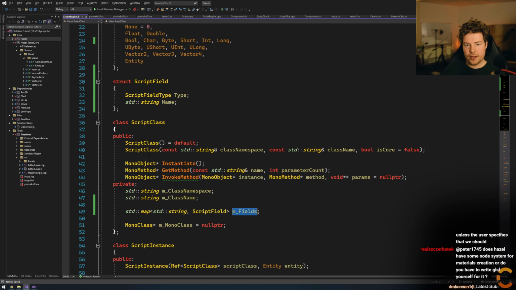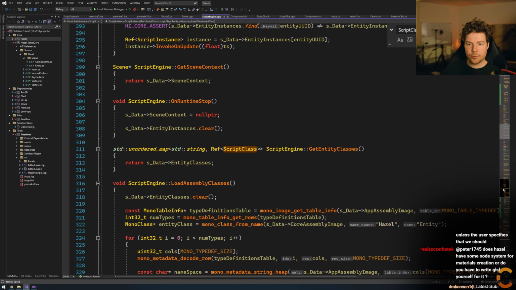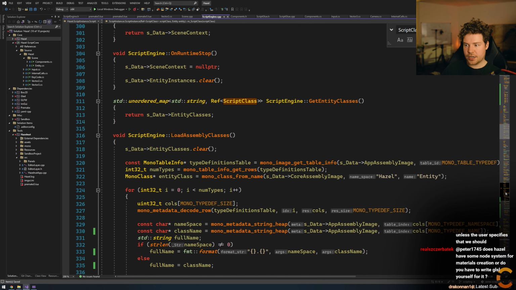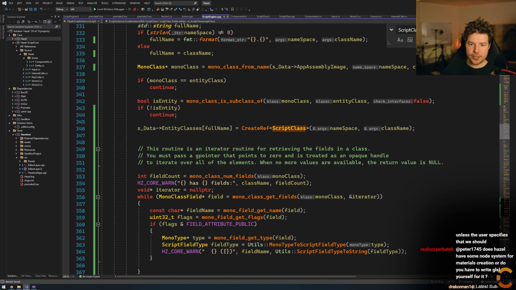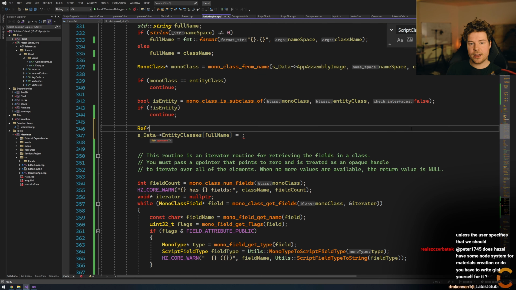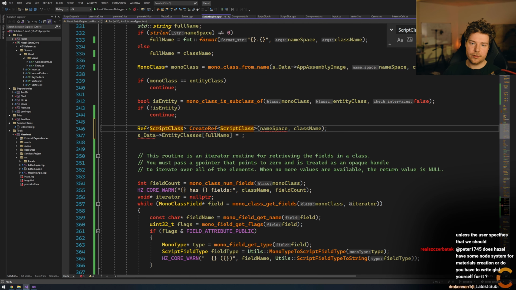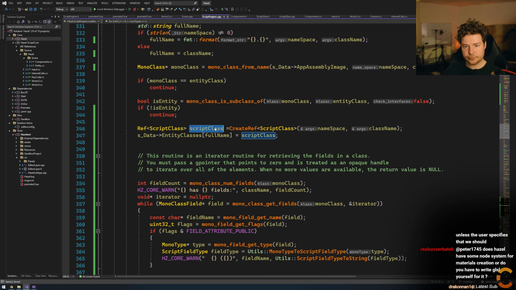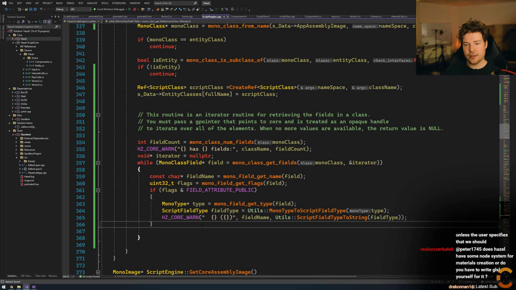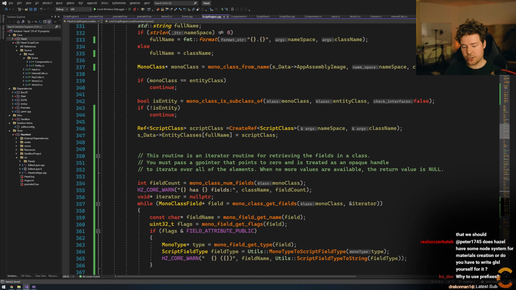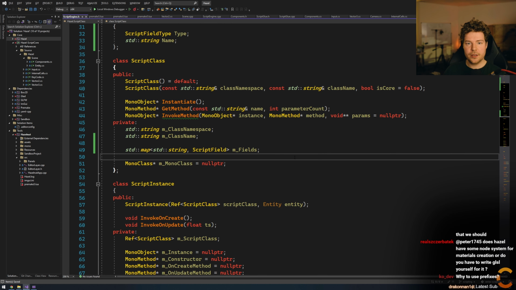Okay, so what I want to do is, basically, this kind of script class, I believe, is something that we create. So when we go through here, you can see that we do as data entity classes full name equals create ref script class. So what I want to do is make ref script class just be out here, right? And this is going to be our script class that we add into here. And then that way, obviously, as you can see here, I can go in, and this is part of the script engine. So let's just go ahead and make maybe the script engine be,